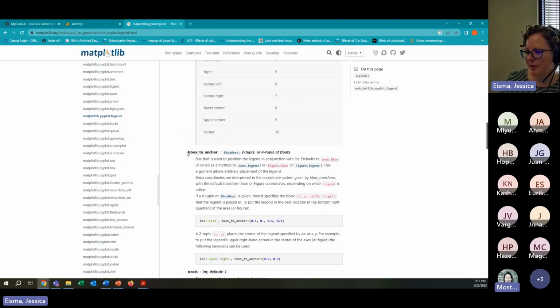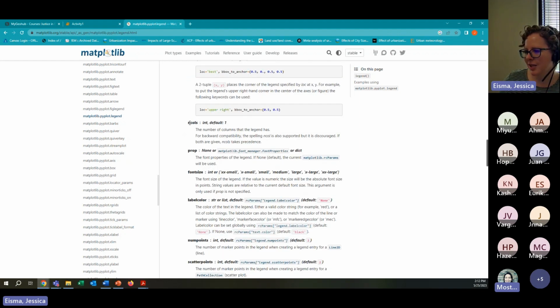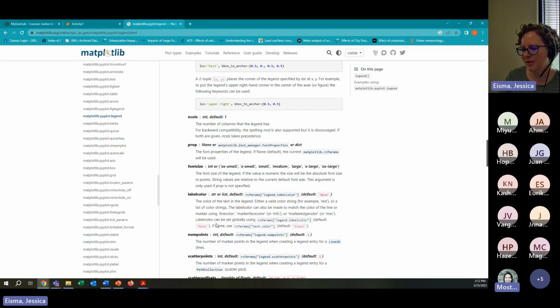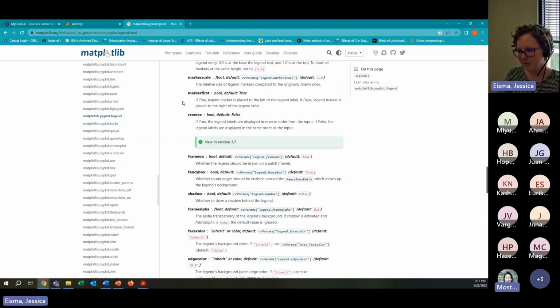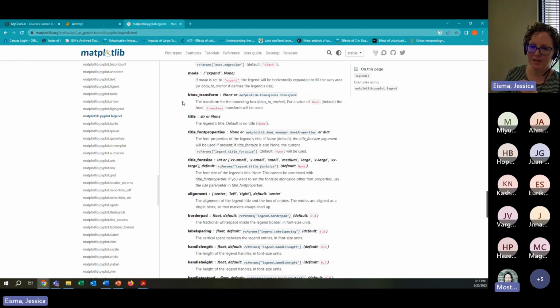It'll tell you, you can anchor it. You can change the number of columns, to show maybe 2 columns of your legend. There's change font size, label color, number of points, scatter points. So tons of different options for this legend to make it look exactly how you want it to look. And we're not going to go through all of these today in any case, but I'm just showing you this